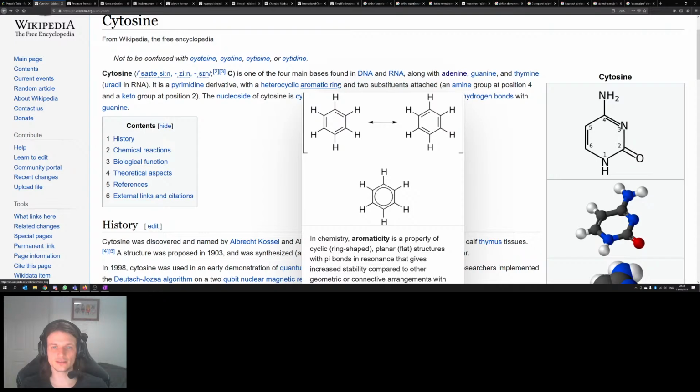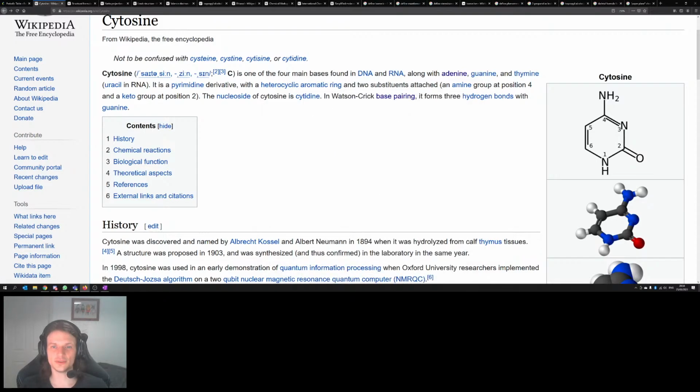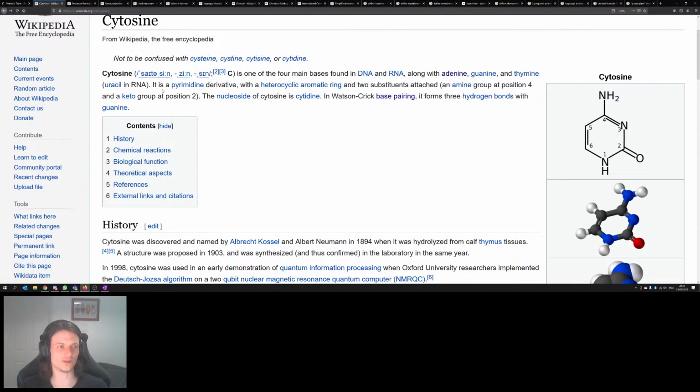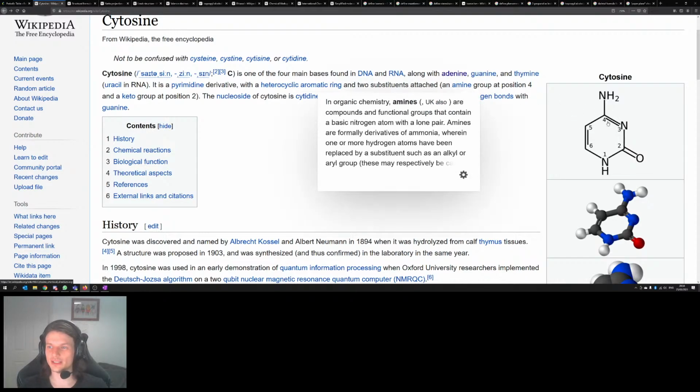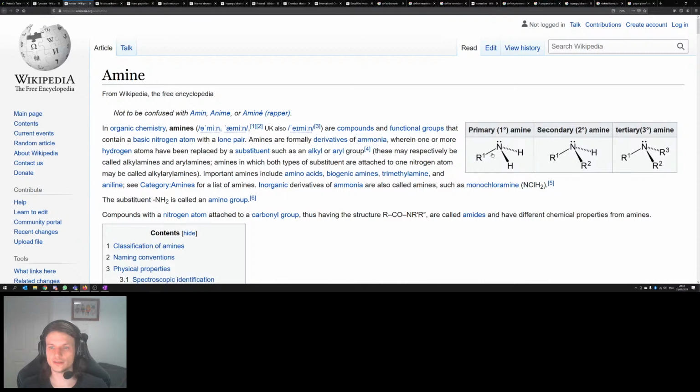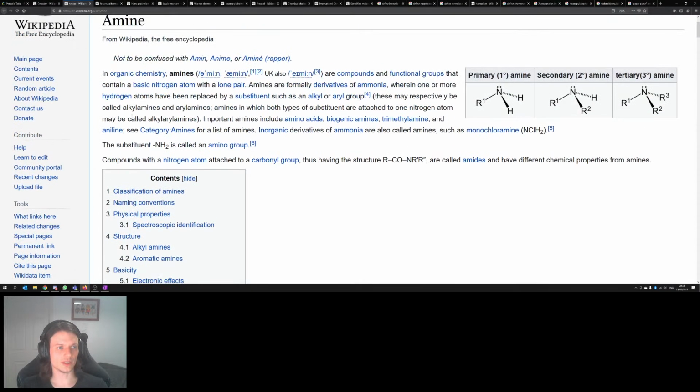And two substituents attached. An amine group at position 4 and a keto group at position 2. Amine group at position 4, NH2. So let's see what amine is. There you go. The substituent NH2 is called an amino group,